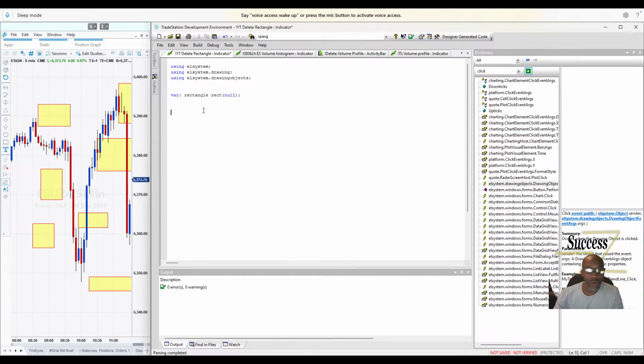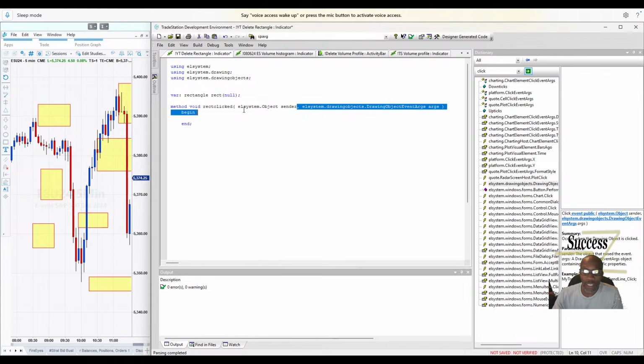All right, so when we click on a rectangle, when we click on an object, we need to have a method for that. We'll just call that method void rect clicked. And then, so when we click on the object, it'll look like this. Copy, paste, and then this is your method, begin, end. Okay, so now when you click on the object